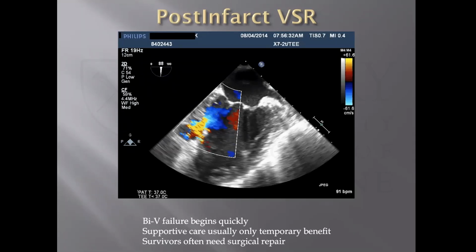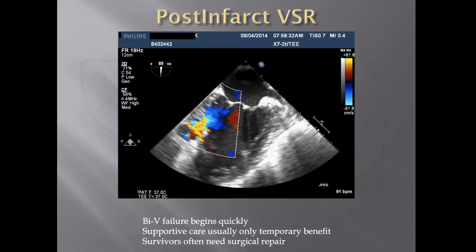Supportive care is not going to rescue these patients or fix them permanently, but it can serve as a bridge. And that bridge may be just the amount of time to let this heal so that you can do something else, whether that's surgery or an outside-the-box transcatheter device to plug or close this. If you don't do anything, it's probably a guarantee that these patients are more likely going to die.